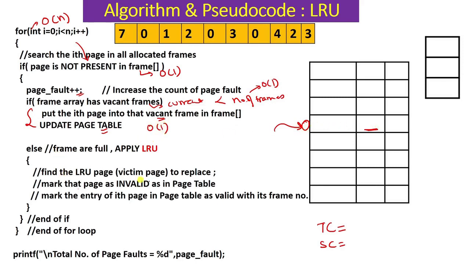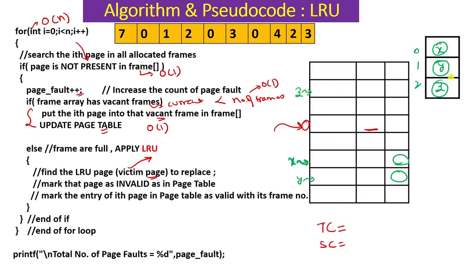Inside else, again, when I was checking the LRU page, how was I checking it? Here in the LRU page selection, let's say this is page number X, this is Y, this is Z. For page X, I was coming to the X page and checking its last time of access, and comparing it with the last minimum. Then I was coming to the Y page and checking its last time of access against the previous minimum. The same thing I was doing for, let's say, the Z page.